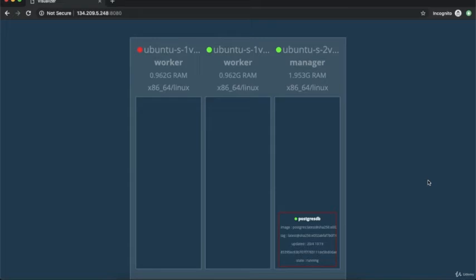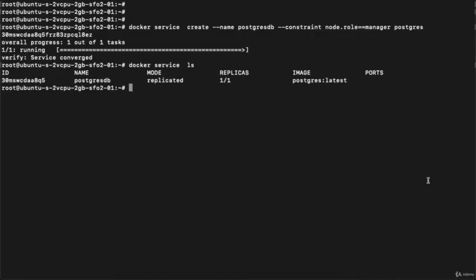Suppose you want to start another service on the worker node, then let's see. So we will again put docker service create --name, and we will call it nginx, or we will call it web server, right? --constraint node.role==worker, --replicas=5, nginx, hit enter.